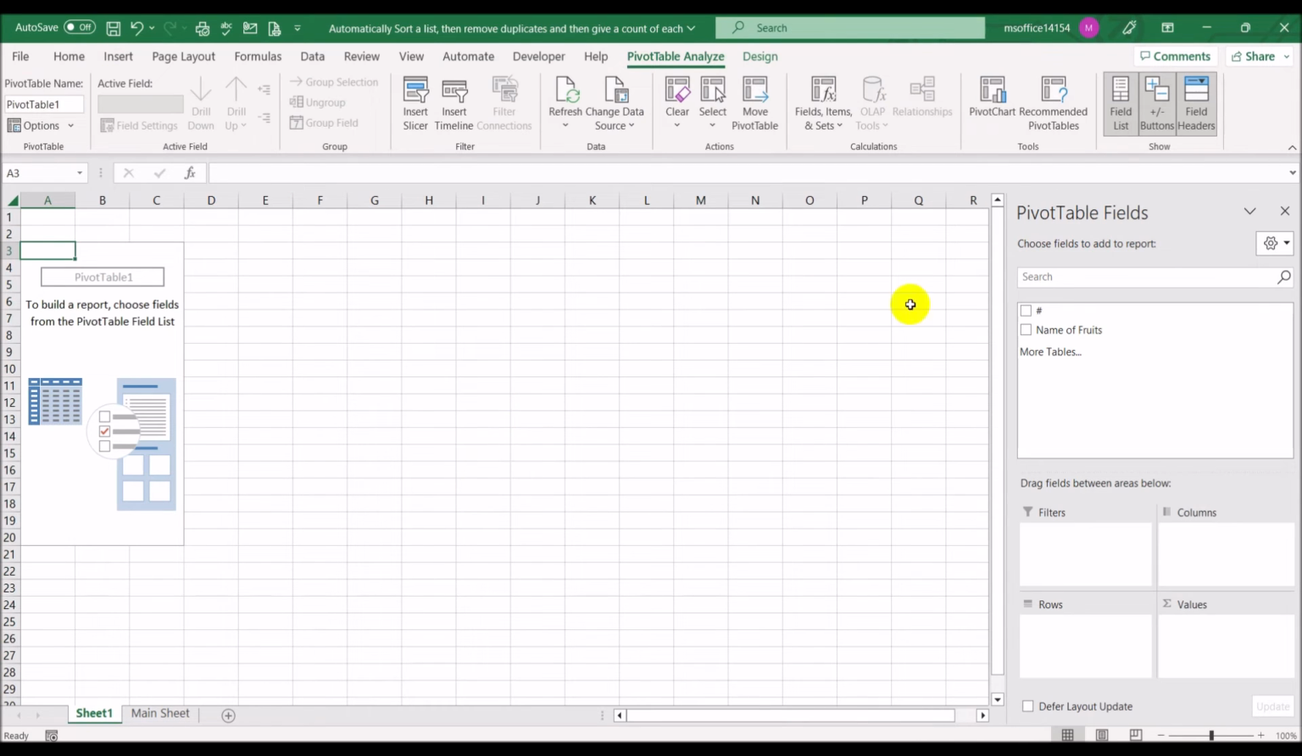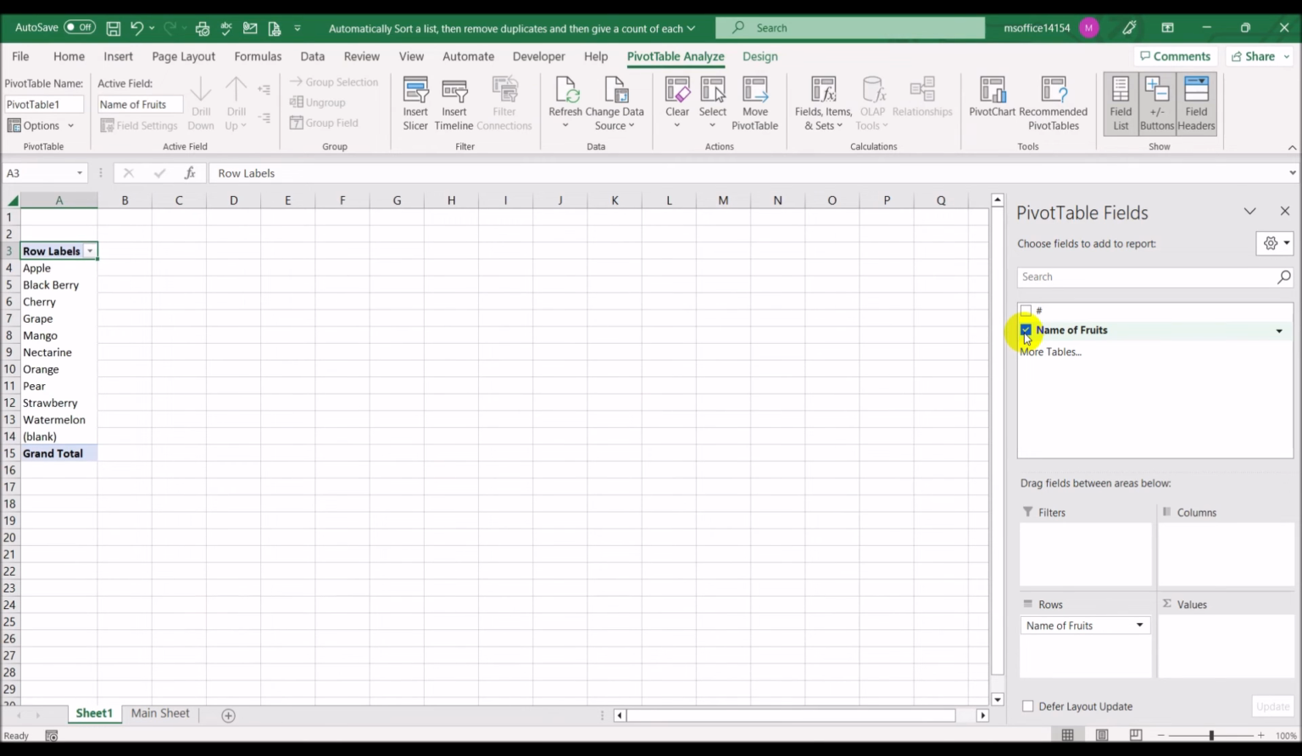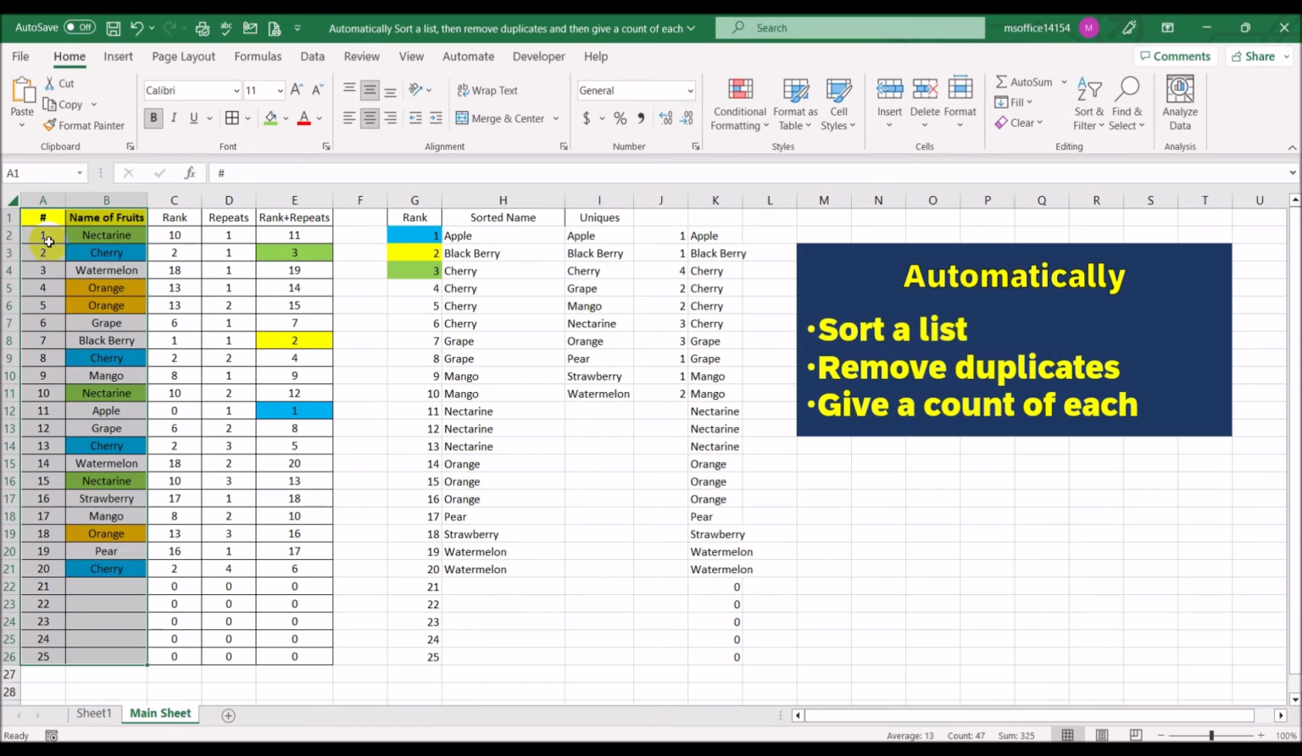Okay. Now what we need to do is name our fruit. Click here, we get the rows, and then what that does is it automatically, as a function of the pivot table, removes all the duplicates. And now what we need to do is a count. So basically these numbers that we have, the serial numbers, if we count for each entry, like for example oranges,